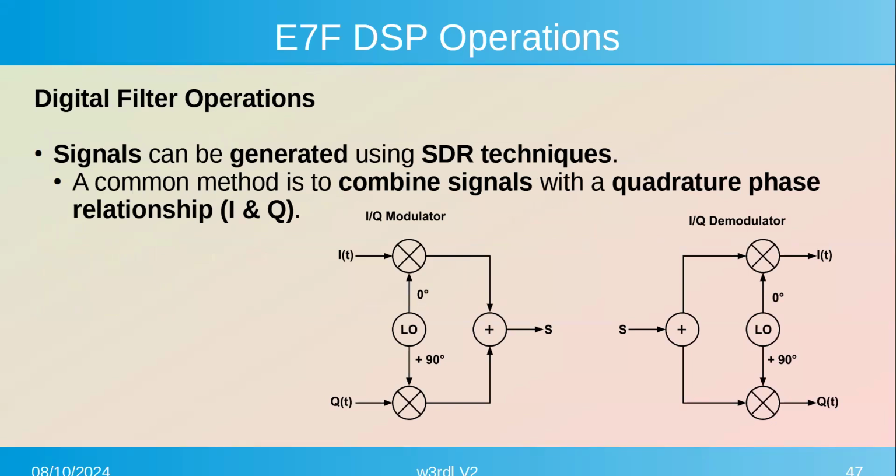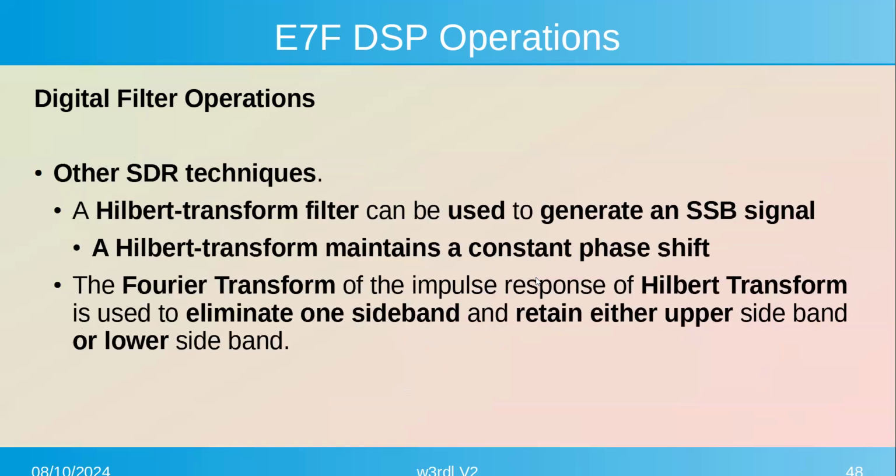Okay. Back to I and Q. In digital signal processing, we can use the I and Q data streams to create both a modulator and a demodulator by digitally mixing them together. It's really just a digital version of what you would do in the analog world in a regular receiver or transmitter. One of the other techniques